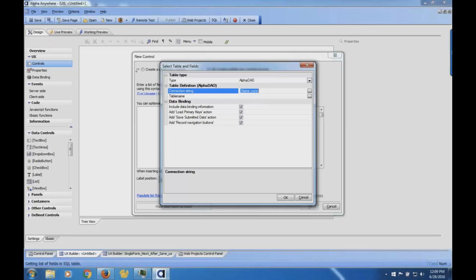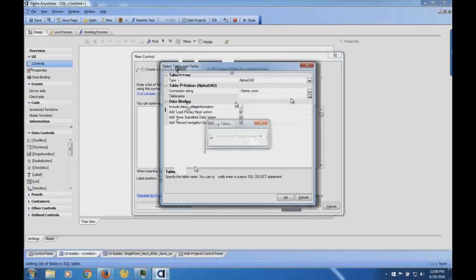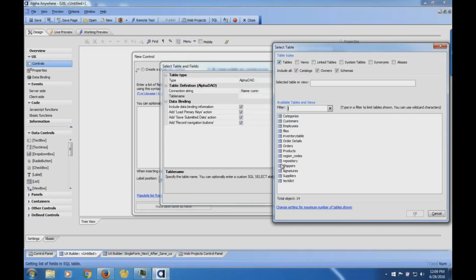It opens up a list of tables, and also if I wanted to see Save Use, I could click here. So what I've done here is by merely telling it which database, when I clicked on table name, it now shows me all the tables that are available. And in this case, this is the Northwinds database there. So let's say I want to have a list of customers. I want to create basically a customer editor.